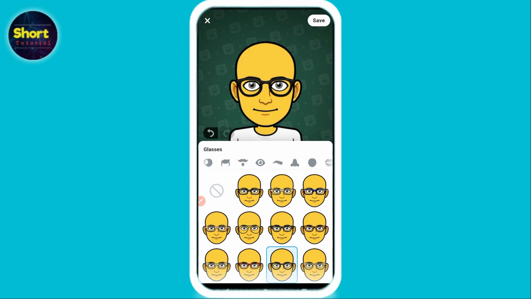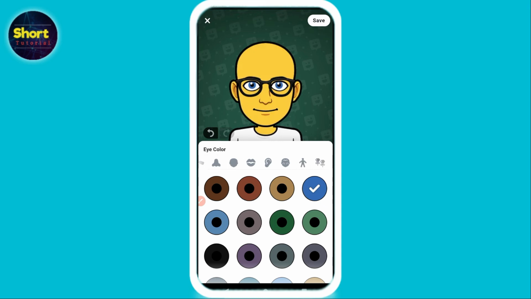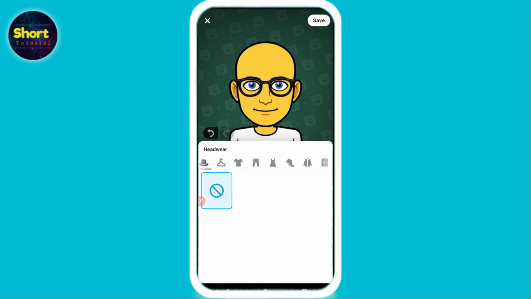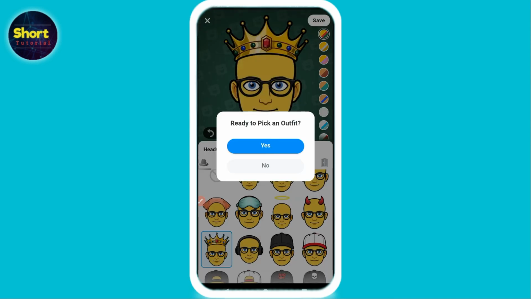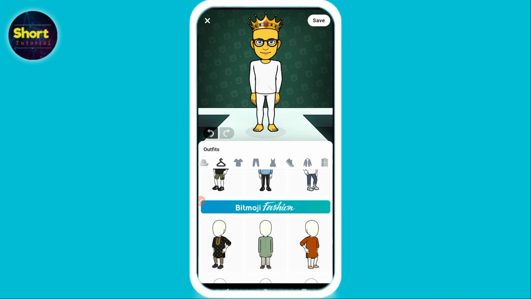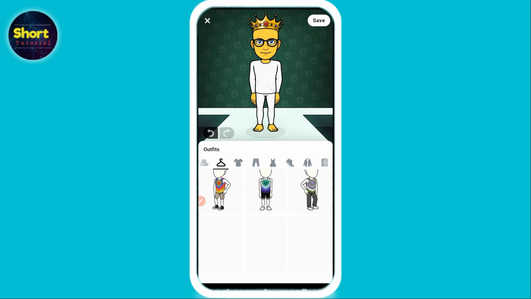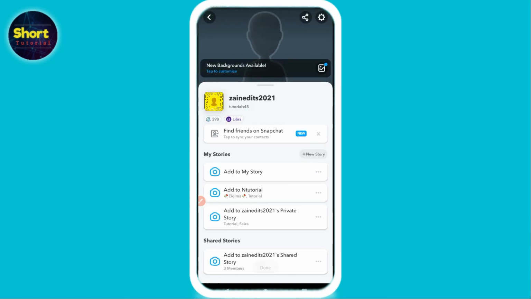So once you change the eye color from here, then go to the caps here, and here you will find a crown. Just place it and then simply save it and select the outfit as well according to your choice. So I simply select this one and then click on save. So this is the way